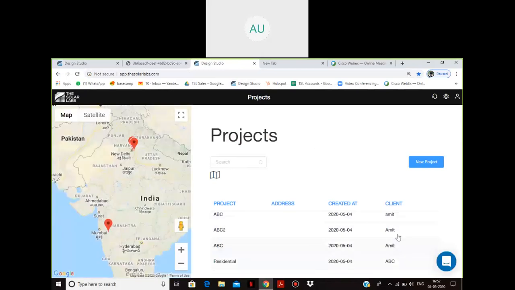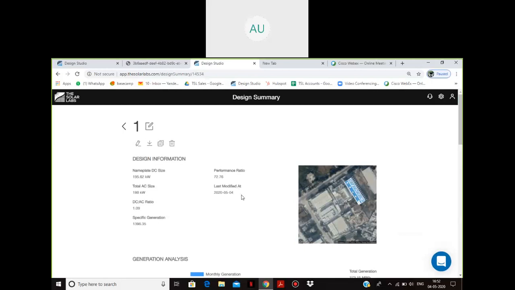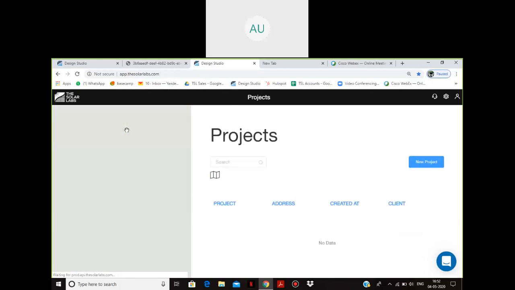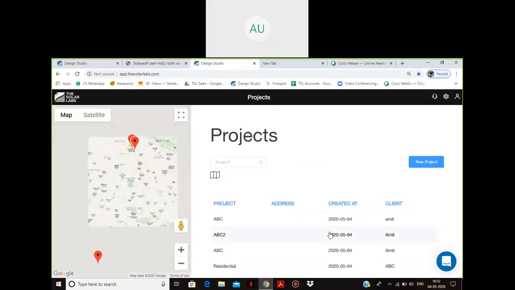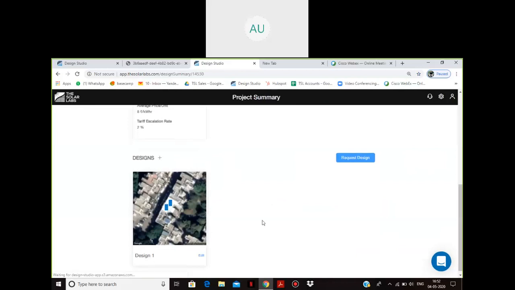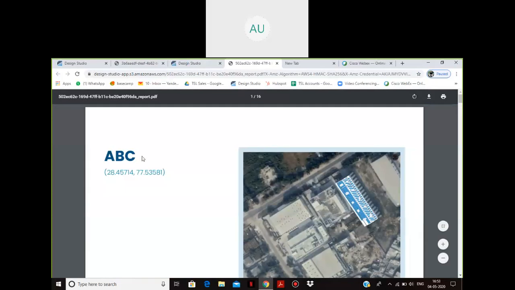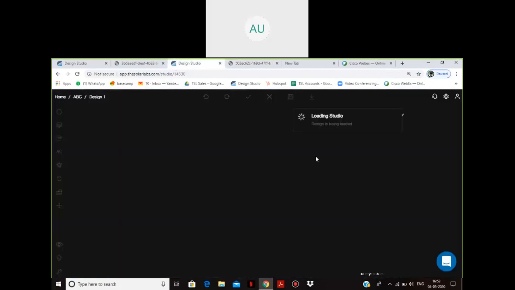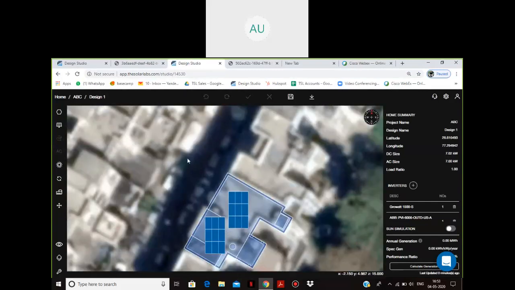So if we go on and take the residential plot which we had taken earlier, I'll take you to that. When I go into the design, here I see that there are no particular buildings which are taller than this particular building.